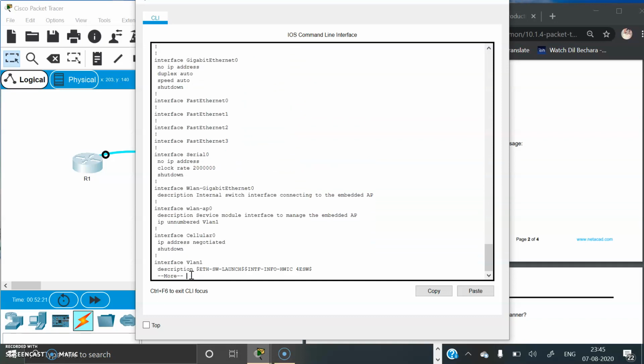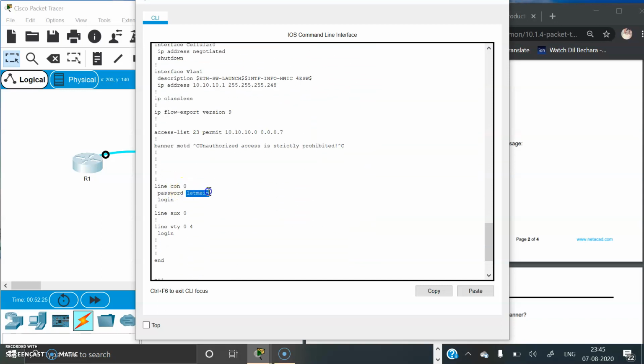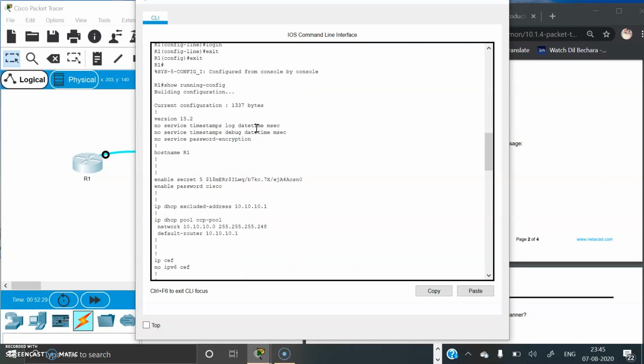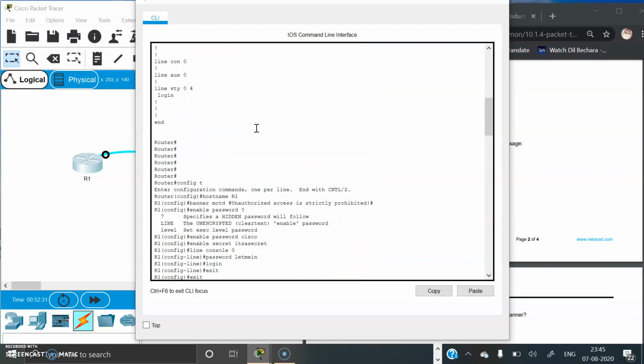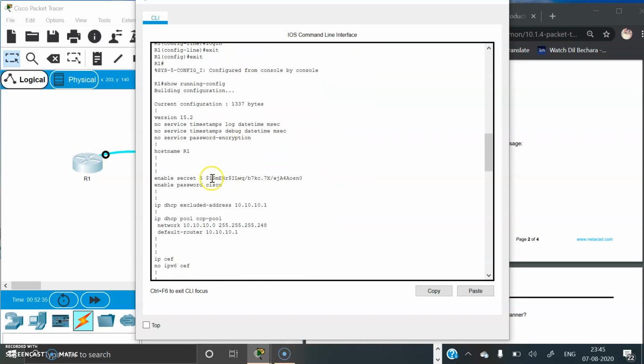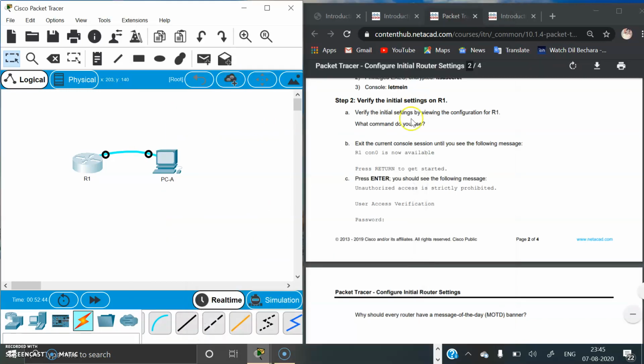We can see the passwords that we encrypted. Here, this is the console password, and we can see the privileged EXEC password, which is encrypted, and this is the unencrypted password.